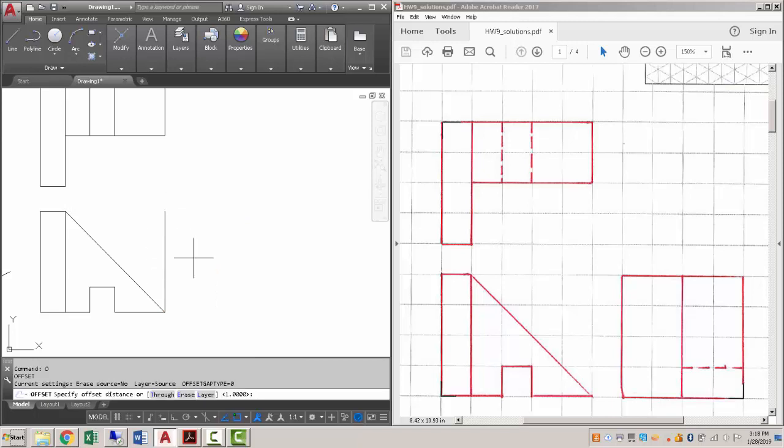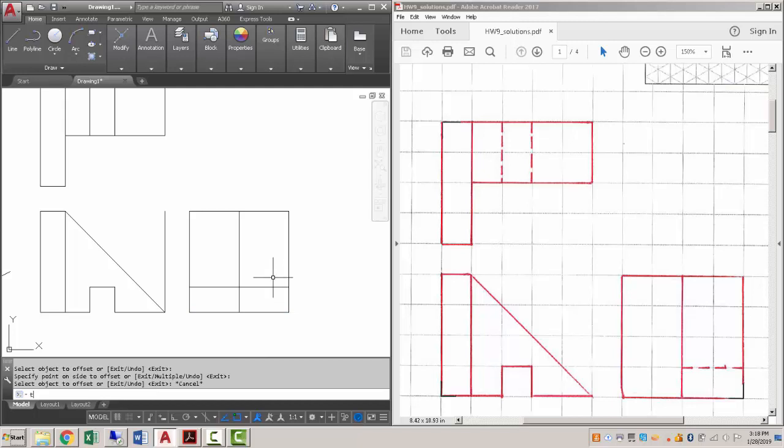I'm going to do an offset of 1 unit. Offset that over, hit space, do an offset of 2 units, and do it again. Alright, use the line command with my endpoints, so I'm just hitting escape and space to get out of it. Do an offset of 1 unit, and then go back to the trim command TR, with this being my cutting